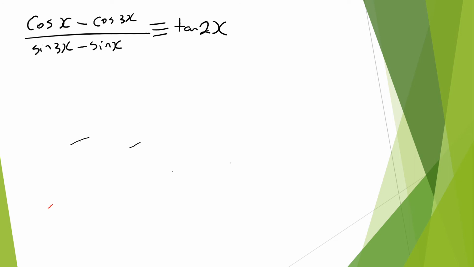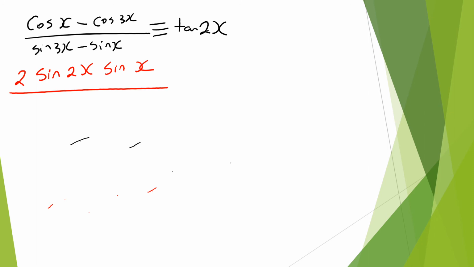So I'm just going to write that: 2 sine, x plus 3x over 2, so it's 4x over 2, that gives me the 2x in here, then minus x minus 3x... 3x minus x is 2x, divided by 2 is x. So that's not minus, sine. Why did I write minus? Thinking and solving it. Sine